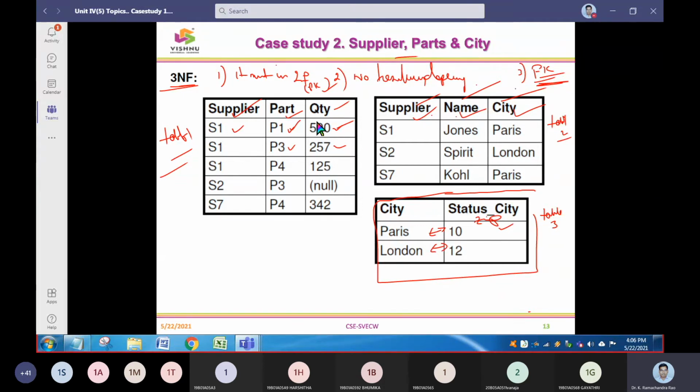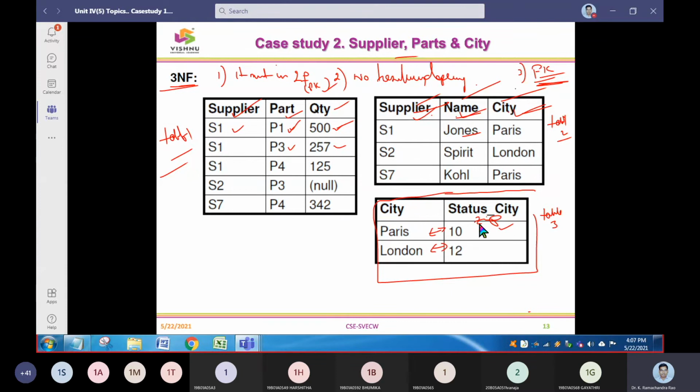In another table, you are going to write that a supplier will belong to a place called a city, and his name is this much. You are going to give it in this direction. So it is very, very clear. If you have your register number, you have your name, you have the place where you are, there is nothing more in the table. It is very precise, so the information is very precise, so there is no ambiguity. But in the earlier table, a lot of ambiguity was there.